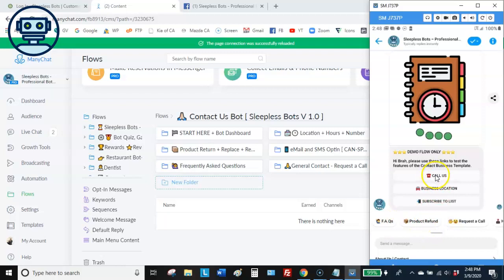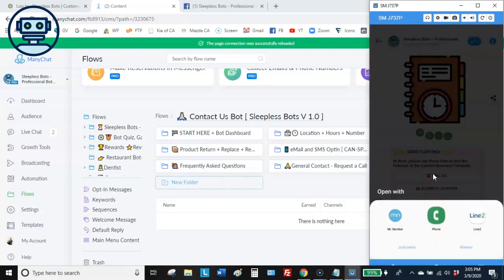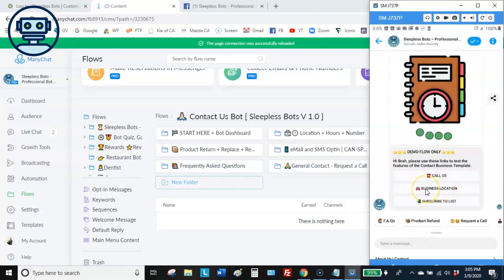So you can see right over here we have the call us button. This allows them to call you directly. It's just a pretty basic call us button. All they need to do is click right over there, and then it will prompt them to use any one of the call apps to call your store or your restaurant or whichever it is. So the other one is